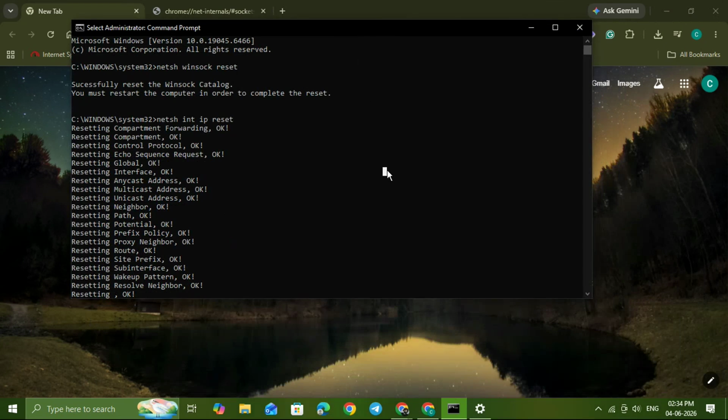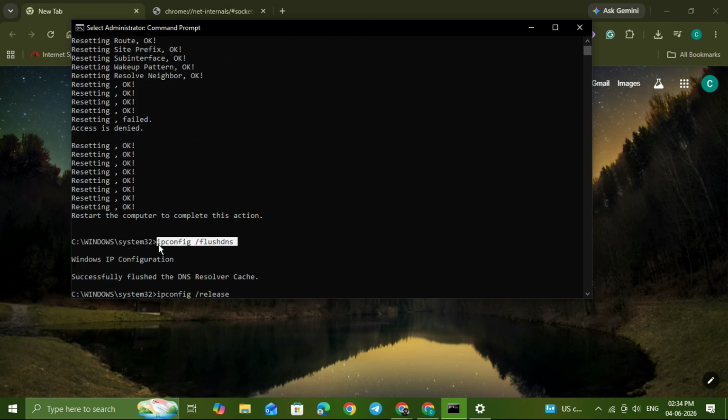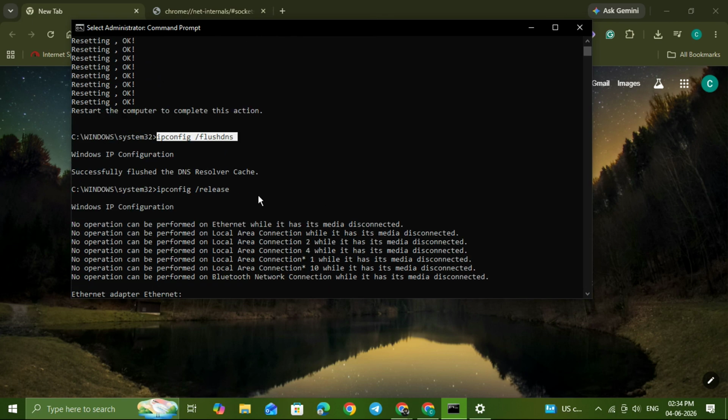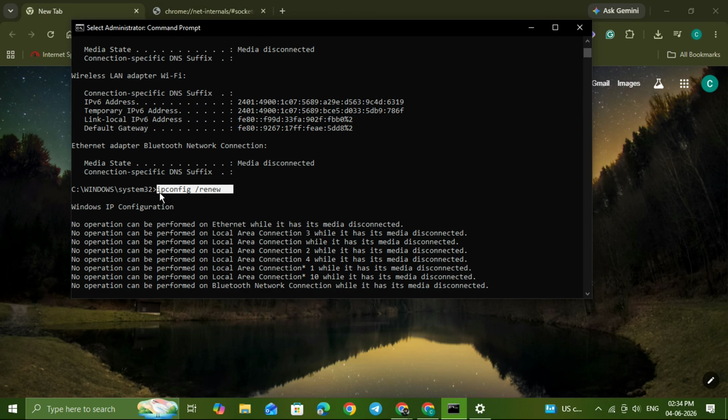Now, in the Command Prompt window, you're going to run these commands one at a time. Type the first command exactly as shown, then press Enter: netsh winsock reset. Once that finishes, type the next command and press Enter again: netsh int ip reset. Now continue with the next command: ipconfig /flushdns. Then run this one: ipconfig /release. And finally, run this last command: ipconfig /renew. Make sure you press Enter after each line and wait for the command to complete before moving to